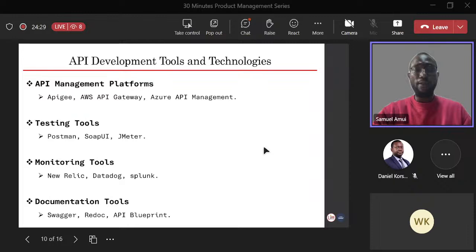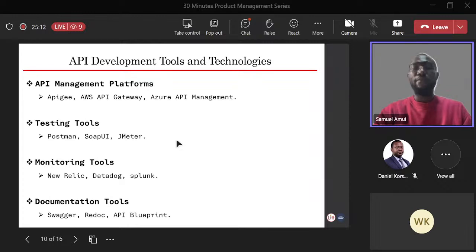So I've spoken about a lot of things, but it's not all of them that you can do yourself. Some of them you need tools to help you do that. Some of these tools are API management platforms. It's a platform that you can use to manage your APIs. So after you build your APIs, in terms of writing code and all of those things, you have to have it on a platform that will help you to monitor, let's say, the traffic and things like that. So you can use the AWS API Gateway, and you can use the Azure API Management tools also.